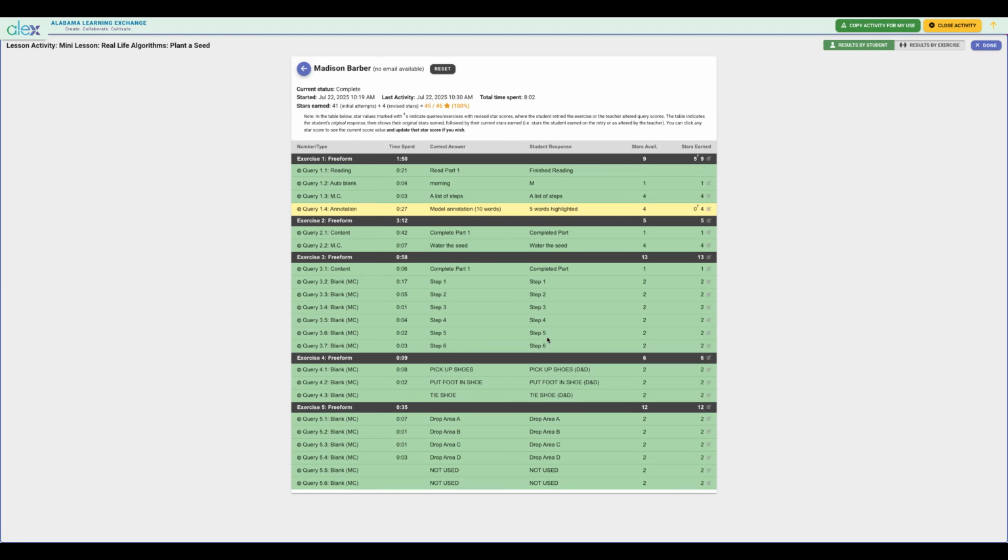her score. So in real life, if you were to use this with your students and you have an issue like that, somebody just didn't figure out the highlighter tool, so they couldn't quite figure out the right answer, you have the option to go in and change their responses.